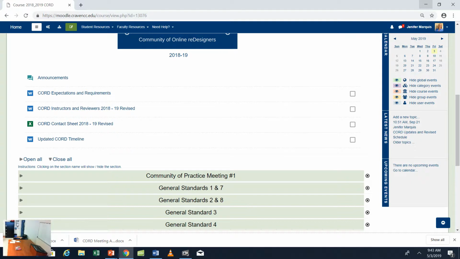So decisions are made. Sometimes they're difficult for us because we aren't subject matter experts. We aren't in your discipline. So that could be hard. Like, if I'm looking at a nursing resource, I'm like, I don't really know what this means exactly. So it's tough. So sometimes we may consult with a subject matter expert. But you're the subject matter expert, so I'm kind of trusting you guys to know your content. And so that's where I'm leaning in this way.